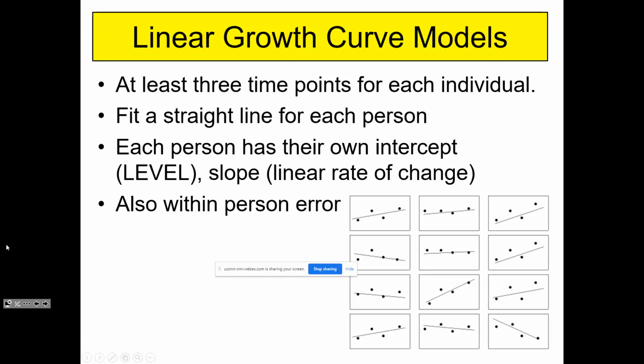And then I can look at, on average, where do people start and how fast do they grow? And then how much variability is there across people in terms of where they start and how fast they grow? And then finally, how well am I able to actually predict people's trajectories with their data points? That's really getting at that intra-individual residual variance. So if you just look at these 12 points, you can see that